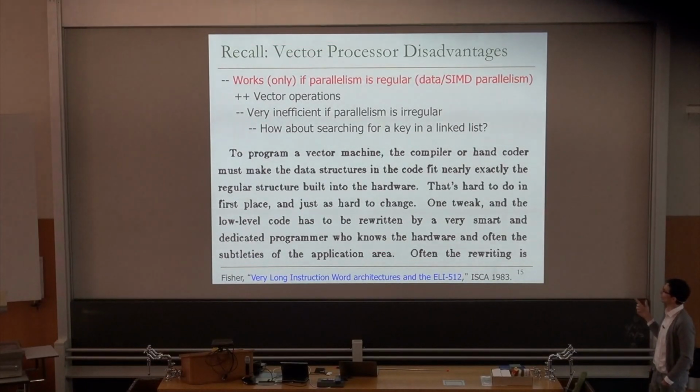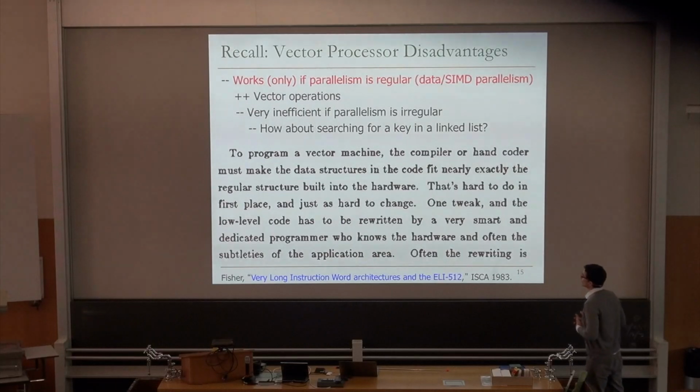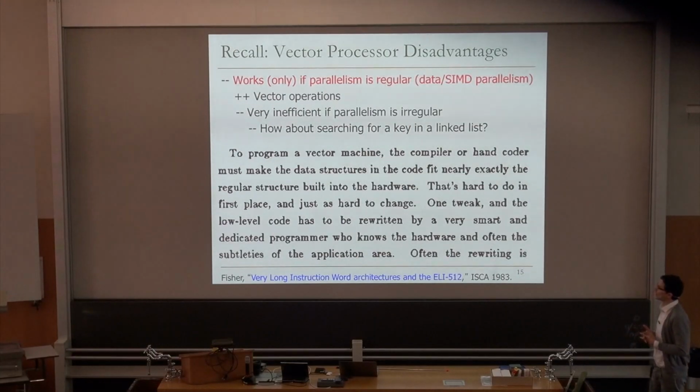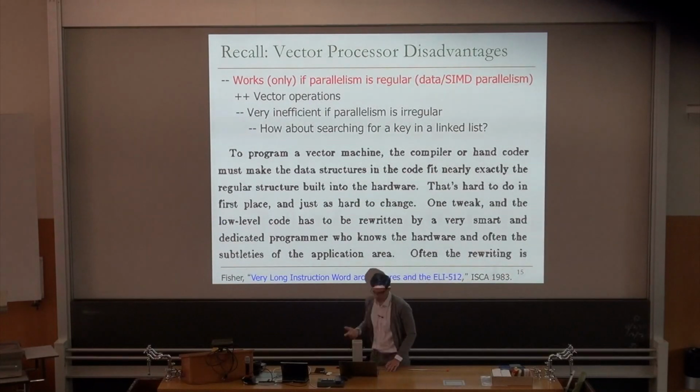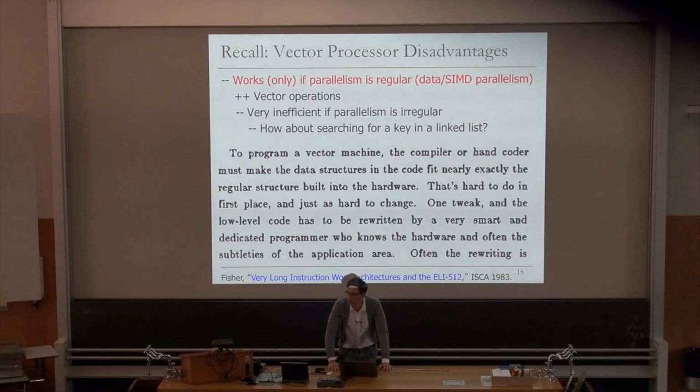To program a vector machine, the compiler or hand coder must make the data structures in the code fit nearly exactly the regular structure built into the hardware. That's hard to do in the first place, and just as hard to change. One tweak and the low-level code has to be rewritten by a very smart and dedicated programmer. So already in 1983, Fisher pointed out that it was very difficult to program these vector processors, and that's actually the real evolution in